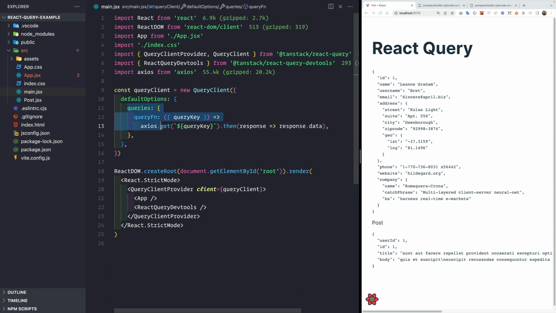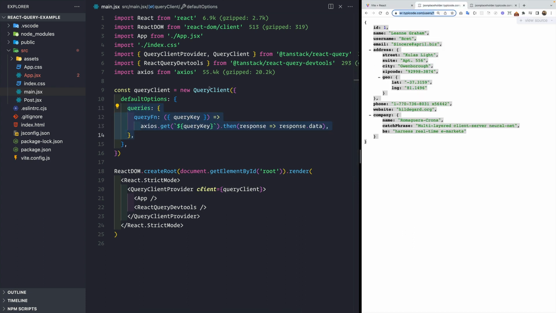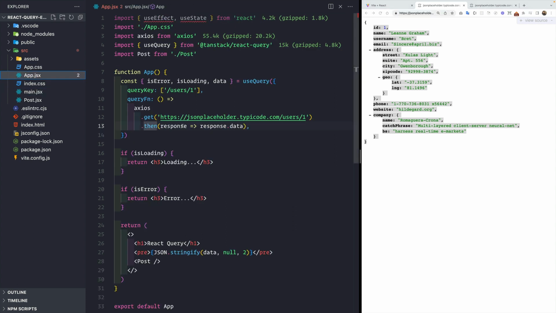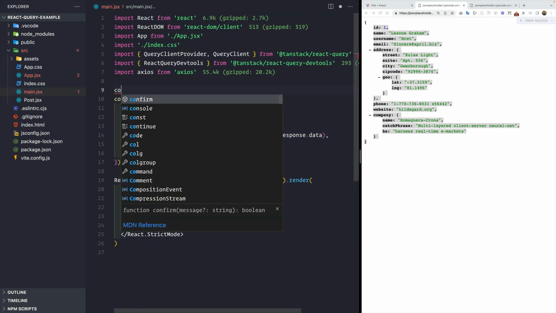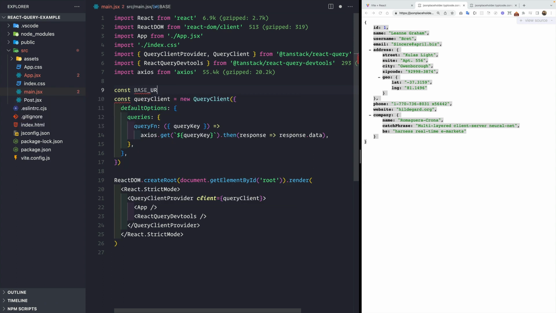So to use this query function, what we can do, we need to have some kind of a base URL, and since we know that both the queries use this base URL, that is jsonplaceholder.typicode.com, so we can copy this base URL and we can go inside our main.jsx file, and we can define the base URL here. So base URL would be this URL like this, and now we can use this base URL here inside our template string. So we can say